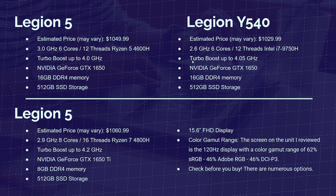It's a great processor. It's one of my top recommended processors for video editors, 4K video editors, which has a base clock of 2.6 and a turbo of 4.05. The NVIDIA GeForce GTX 1650, 16 gigs of GDDR4 RAM, and 512 gigs of solid state hard drive. And then after that, we have the higher performing Ryzen 7 4800H. That is a great processor. 8 cores, 16 threads, really good specs as far as base and turbo clock, and it has the GTX 1650